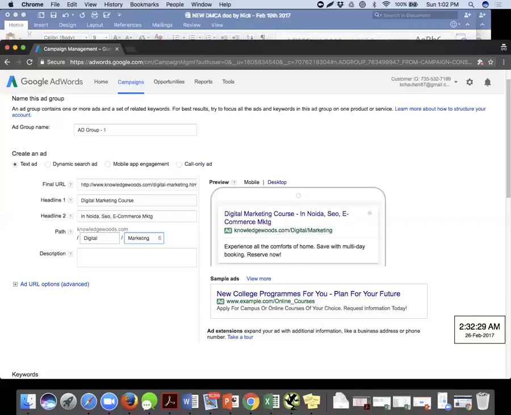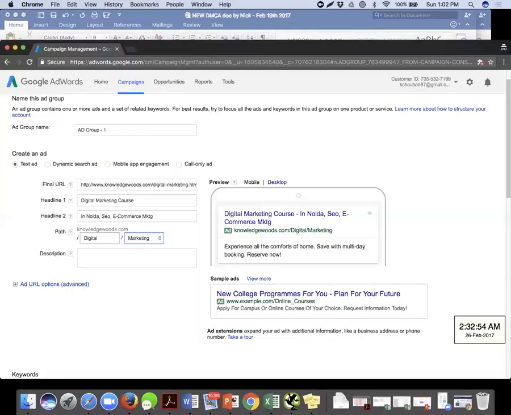The final URL is not displayed, it just does its work at the back end. And this path which we are seeing over here, which is getting displayed, like I said, is a display URL, not for the purpose of giving the exact place where things would be. This is for beautification.